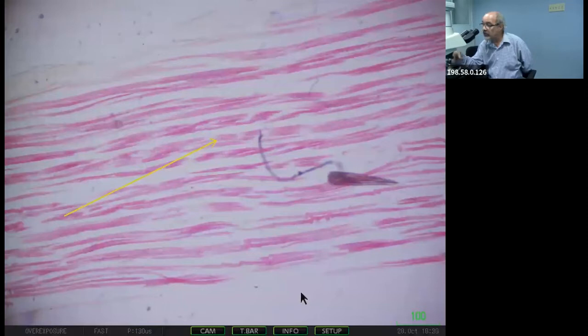Remember that you have a small population of cells which are called satellite cells, which are located under your basement membrane and will keep all along life the property to regenerate, to multiply, to proliferate, and to regenerate your skeletal muscle fibers when they have been injured. Okay? So this is your skeletal muscle.